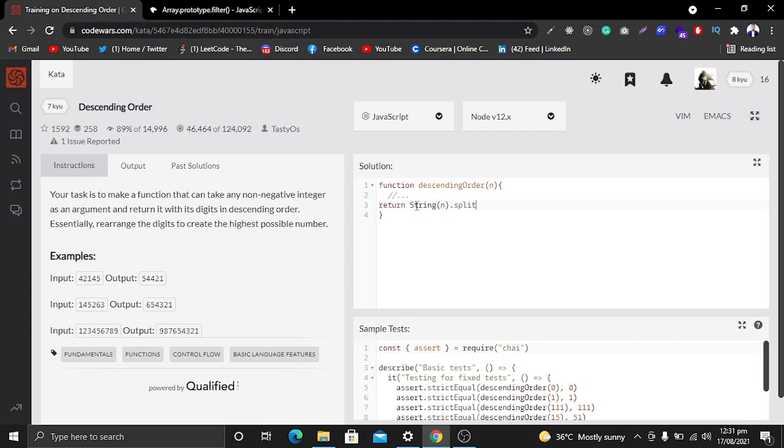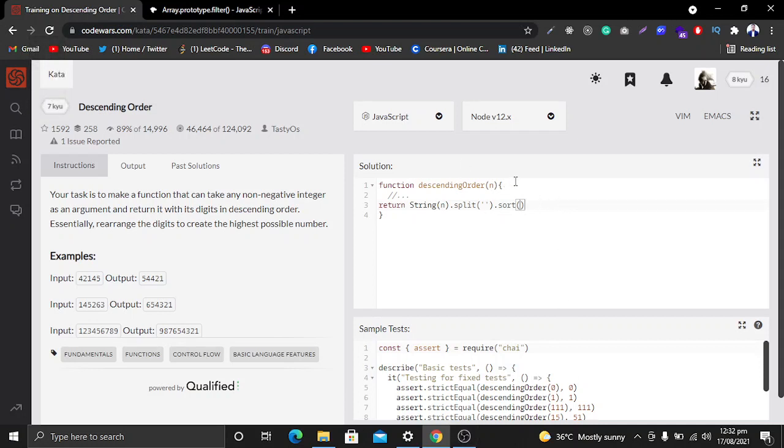For this we will use the split method, which will convert this string into an array. On the array we will run a sort. What sort will do is sort all of the numbers and return a new array. Now we have a sorted array.